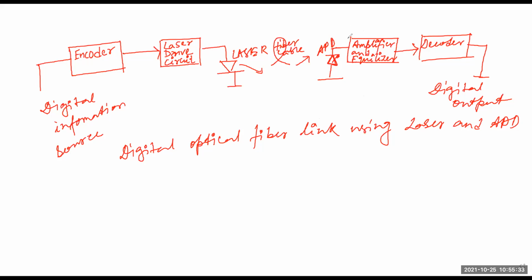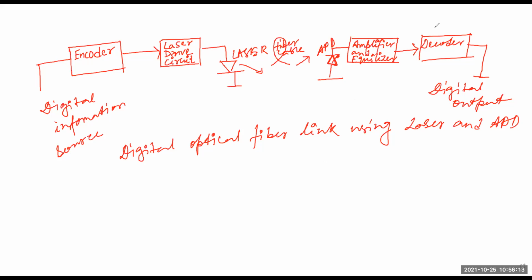Here this APD detector is followed by a front-end amplifier and the equalizer or the filter to provide gain as well as linear signal processing and noise bandwidth reduction. These are the main functions of the amplifier and equalizer. And finally, the signal is obtained by the decoder, and at the final output we are getting